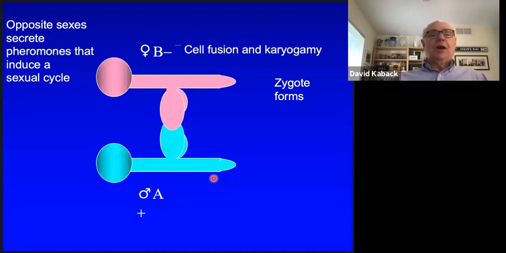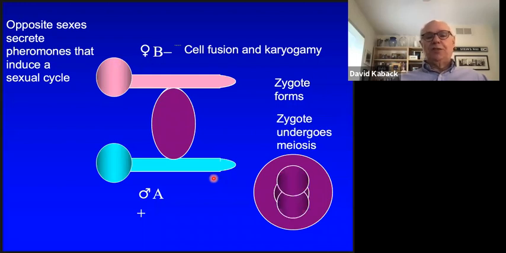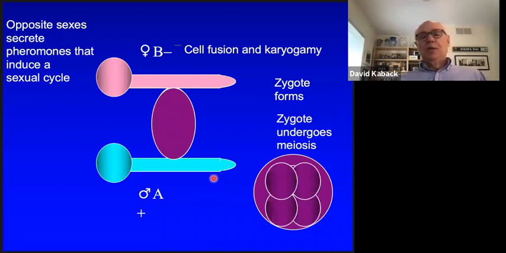And then the nuclei from those 2 cells fuse, because those cells were haploid, but now we have this zygote, and that zygote can actually form more fungi in certain fungi and grow vegetatively. But ultimately, cells from that vegetative stage are going to undergo meiosis. And following the process of meiosis, which you know are 2 cell divisions, 1 and then 2, to produce 4 haploid spores.